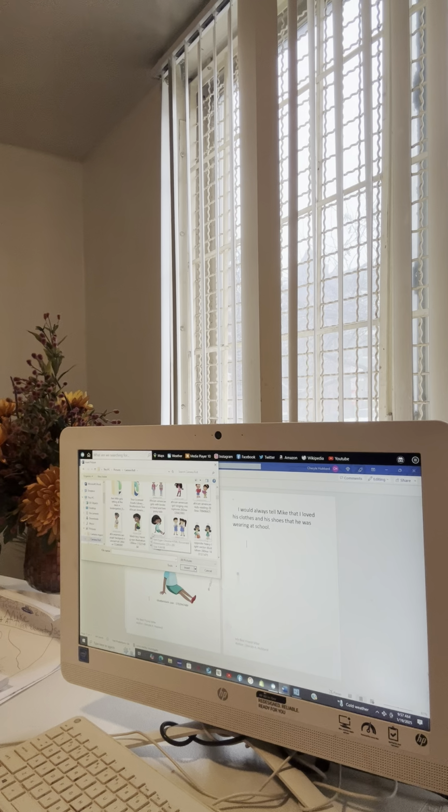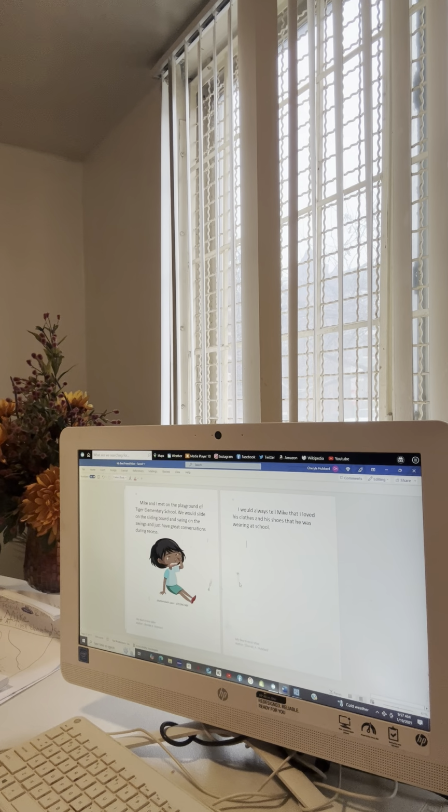I would always tell Mike that I loved his clothes and his shoes, but I think I'm going to go with Mike. And sometimes I could put both of their pictures over here. See how I went up in there and I got, this is Mike. So this is Mike according to the book. And so what I want to do also, I think I want to put,